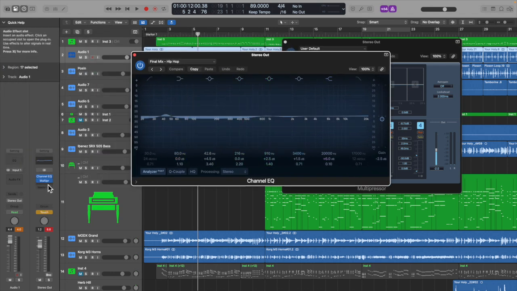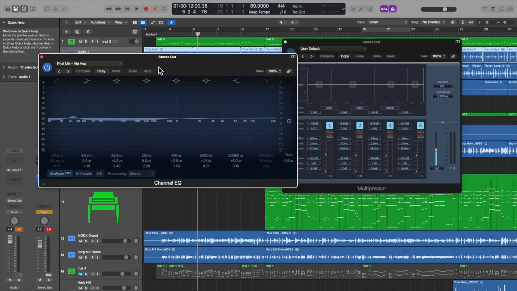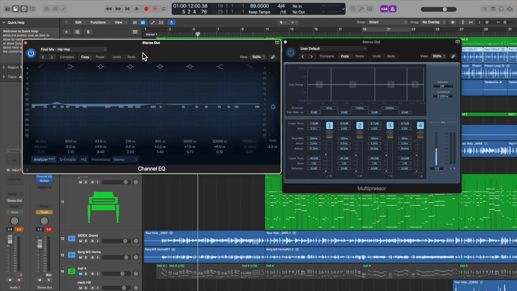I got 2 plugins in the master bus, and you listen to what is going to work. Now, as a rule of thumb, if you look down here, I've got it on this particular song, I actually, on another mix I created, I got it hitting at about 8.8 dB, a little bit over 0. But the multi-compression processor is keeping it from clipping. Now you can add more volume to make it louder, but you're going to start hearing distortion if you add too much